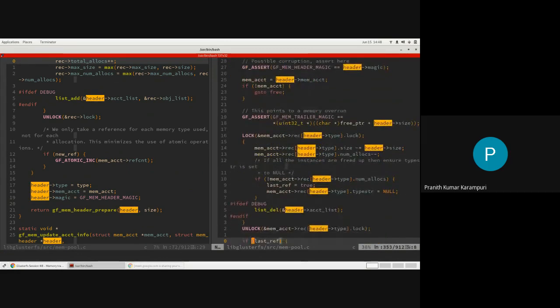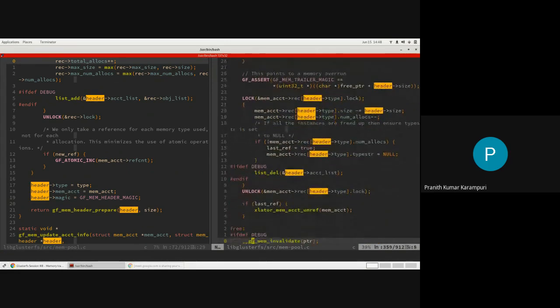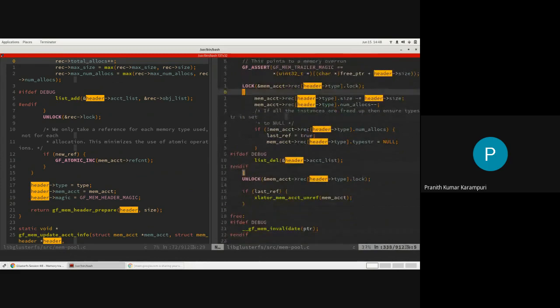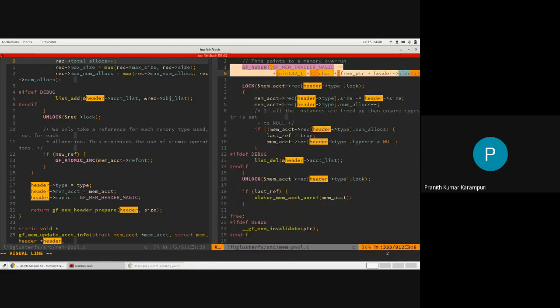So the decrement happened here basically. We are checking whether the trailer magic is there or not. This is to identify any memory corruption.